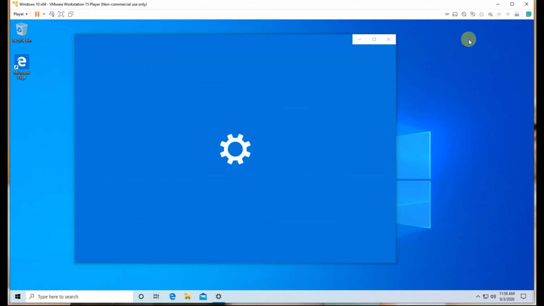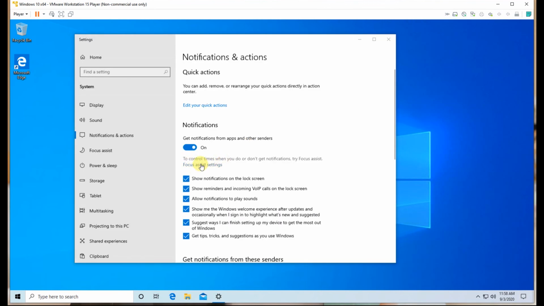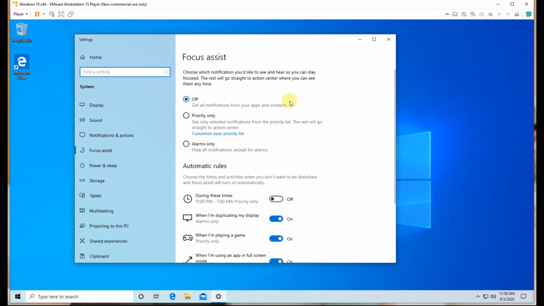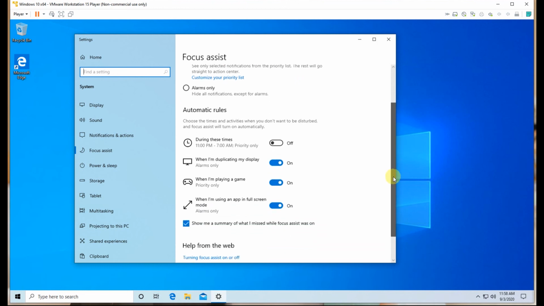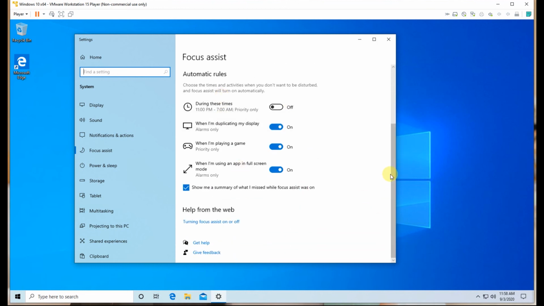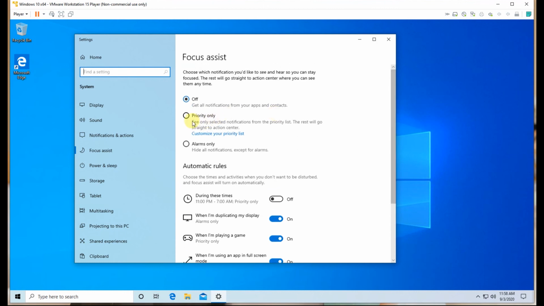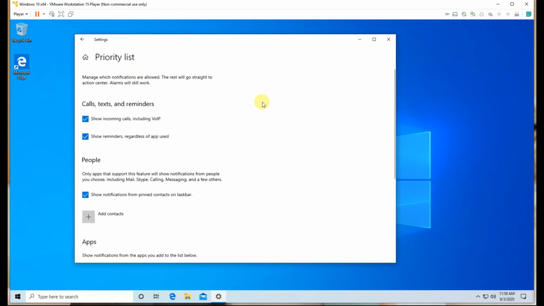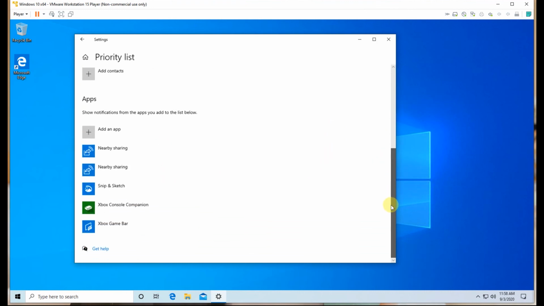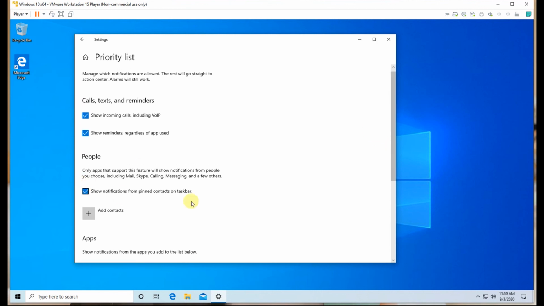So let's go back to the manage notification, and then the Focus Assist setting. You can actually easily see what are the options available. So when it's turned off, that will actually provide you all the notifications available in the section. You can actually make your priority only with the customize on your priority list. So as I said, not only can you just do some of the options by default, but you can also add different applications for the priority only section if you want to,